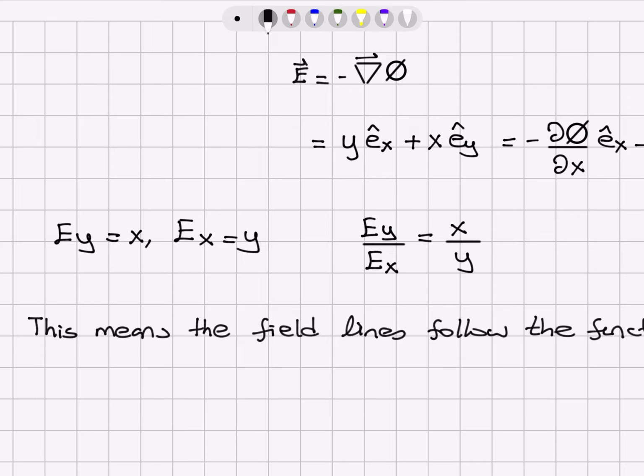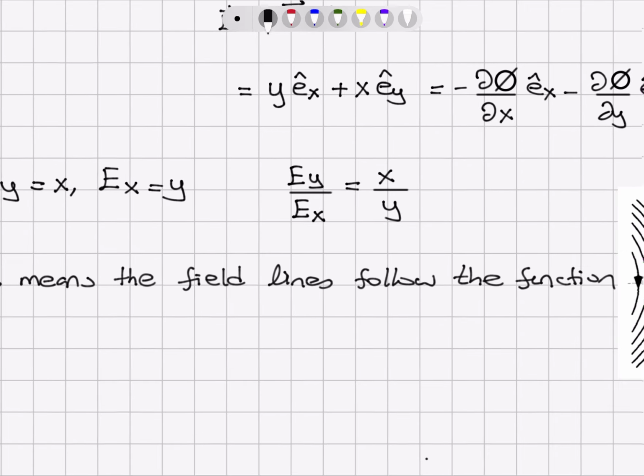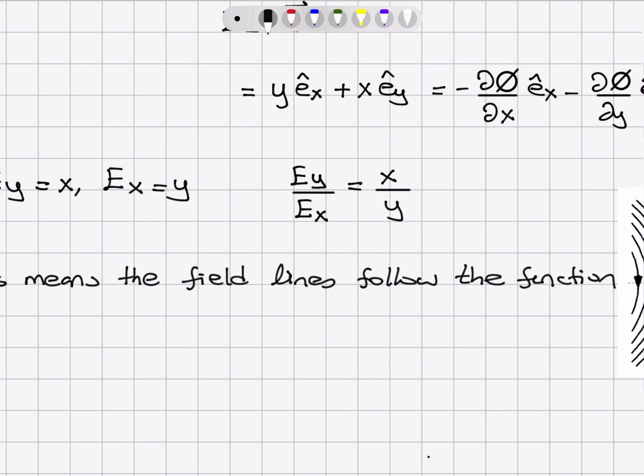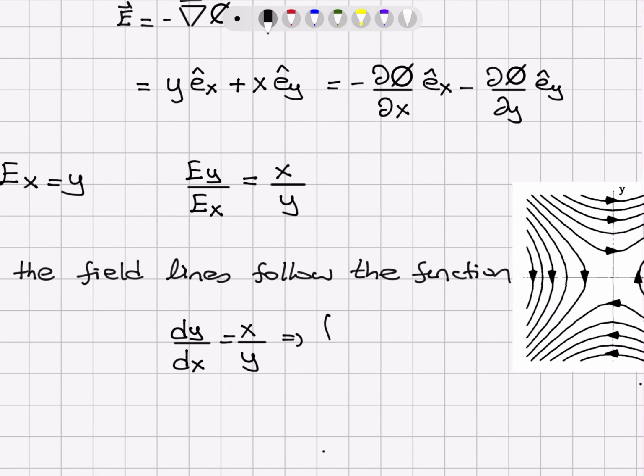Okay, so this means the field lines follow the function dy/dx equals x over y. So that's the function they will follow, which means the integral of y dy is equal to the integral